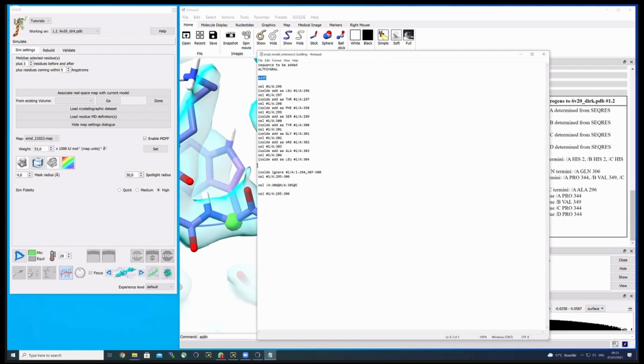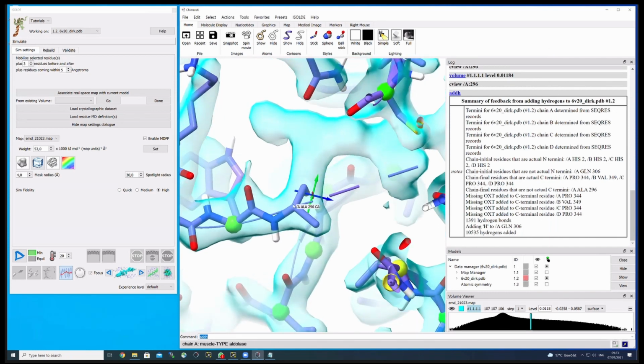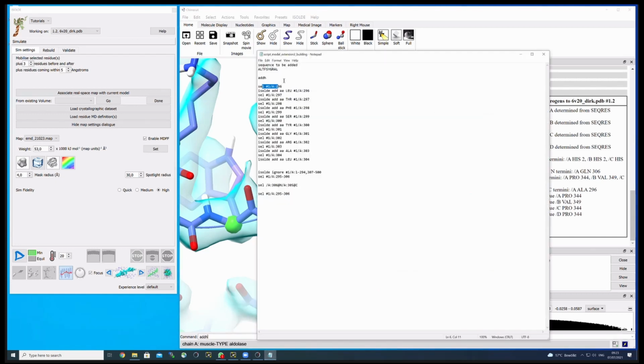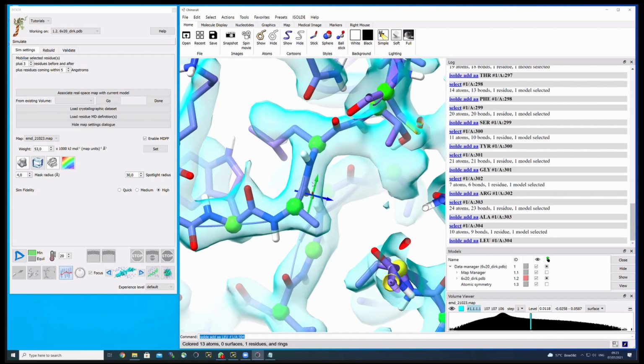Okay. So what we now want to do is basically add this sequence, and I already prepared this for you. So what we're going to do is select the residue 296, which is now here the C terminus. If you hover over it, you see that this is chain A, alanine at position 296. And the script starts with selection of this very residue and then addition of a leucine residue to it. And like this, I go through the entire chain, adding basically the sequence up here. And if I copy paste this into the command line,